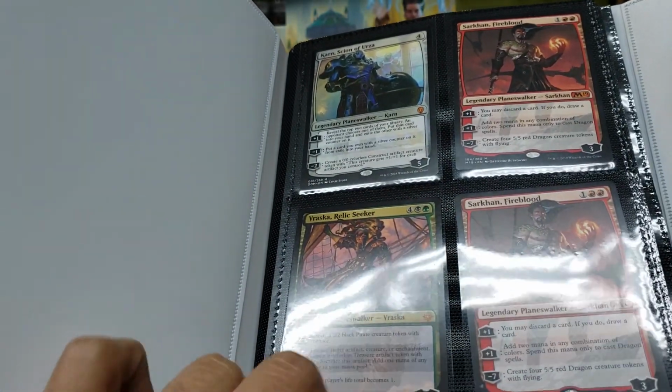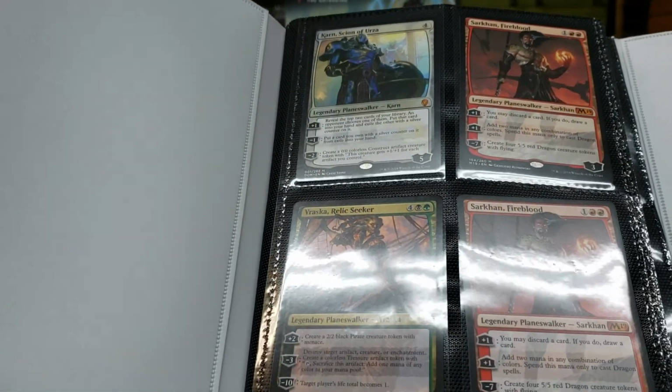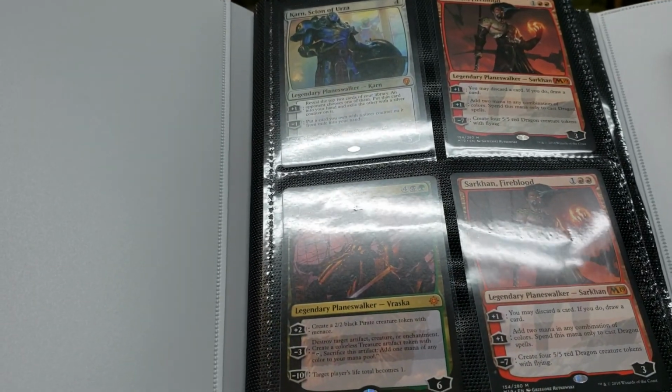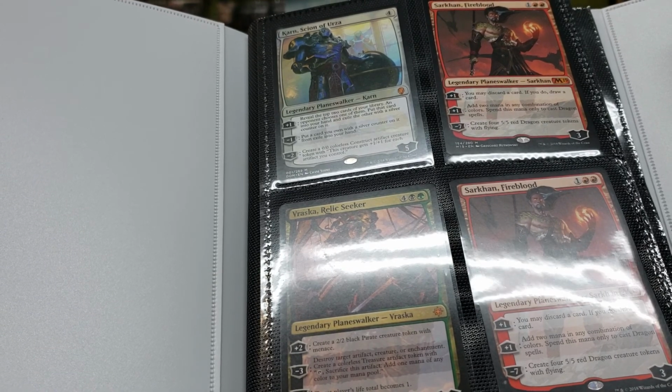Same thing was there. But the reason why he was impressed is most new people, when they get Karn or they get Teferi, that was it. I traded a Teferi and some other cards for store credit to get an EDH deck,